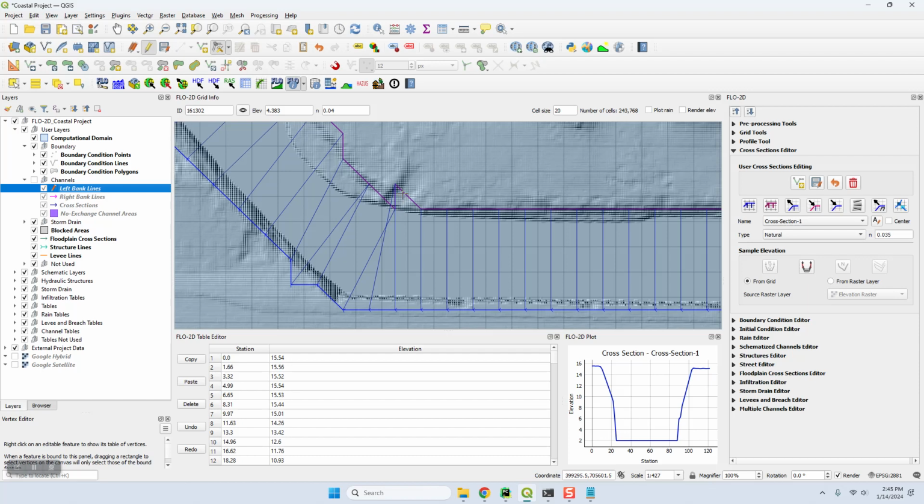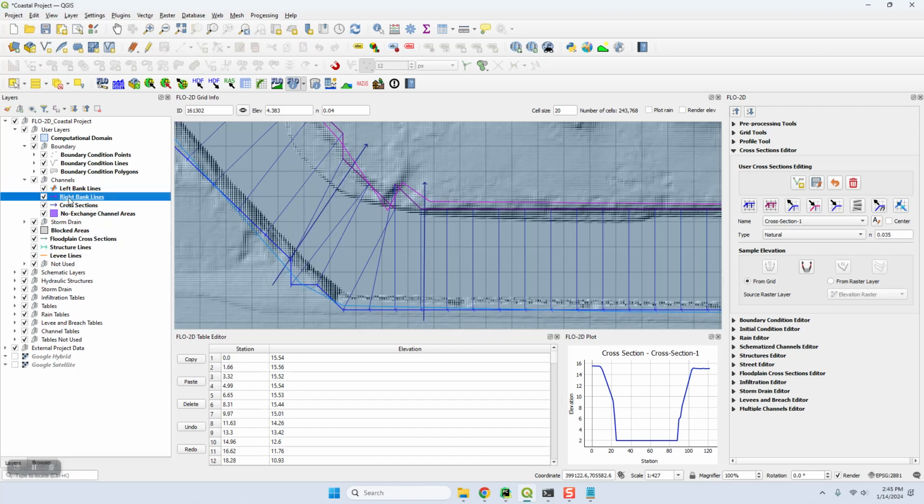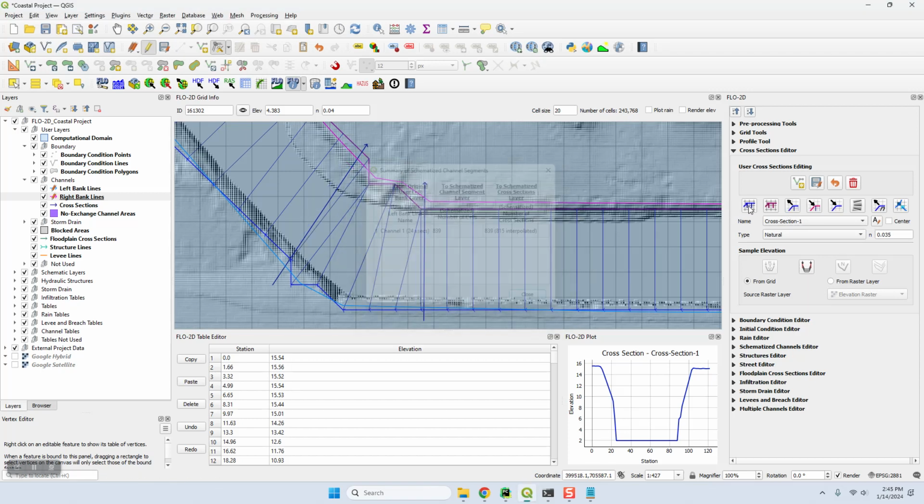So if you see something like this where one of these right banks is down here in the grid element, you've got to fix it, right? So you turn your banks back on, click this right bank line, click edit, grab the vertex tool, and again, I just moved that so that I forced it to do that. So if you click edit, enter, enter,